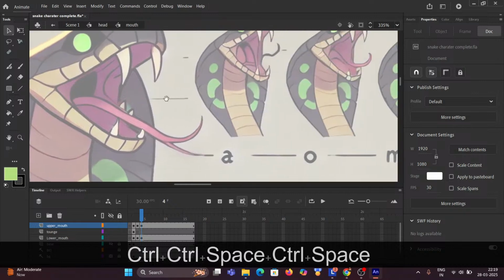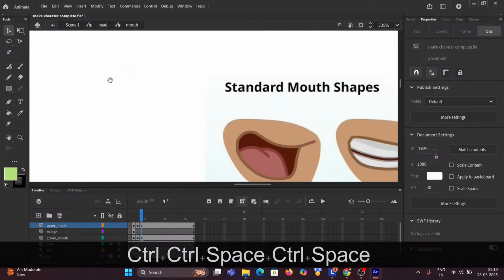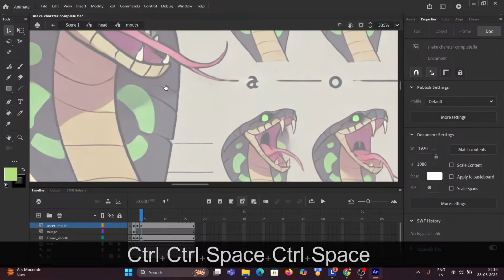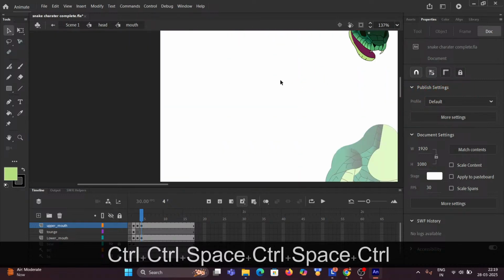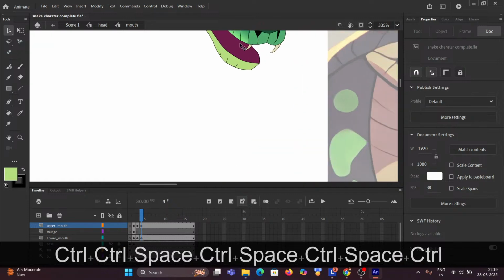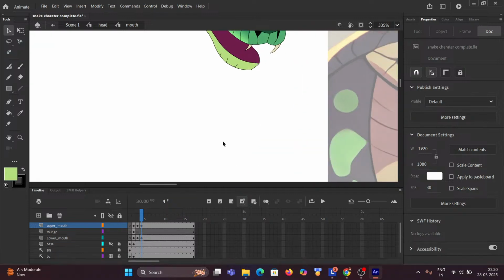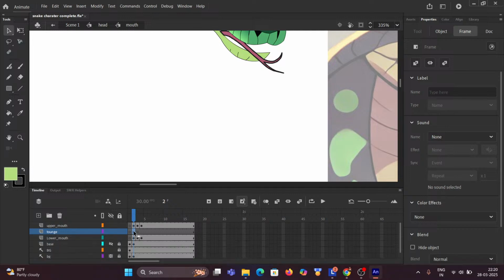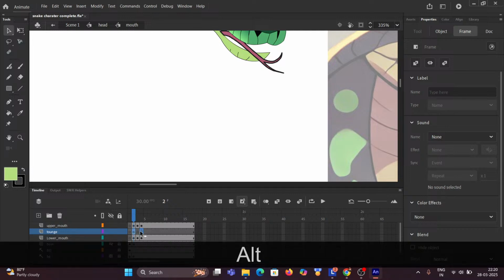Now what we can do, let me add some tongue here. Let me make the tongue visible, where it is, here. Let me see. Yes, now I need to move this tongue here,